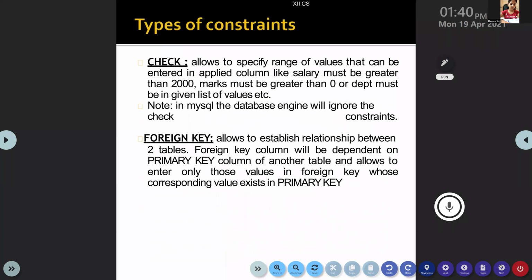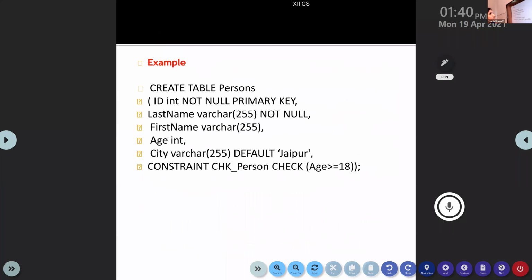If you are not responding properly, I can hold this off. Now, just see this example. I will explain to you and I will ask you questions.